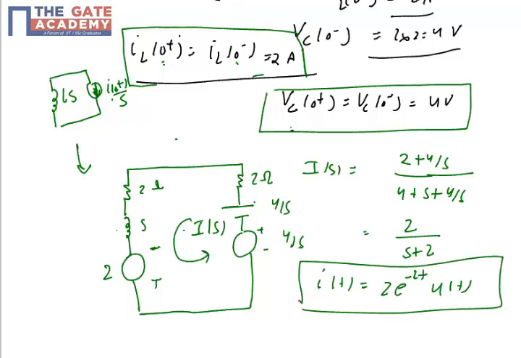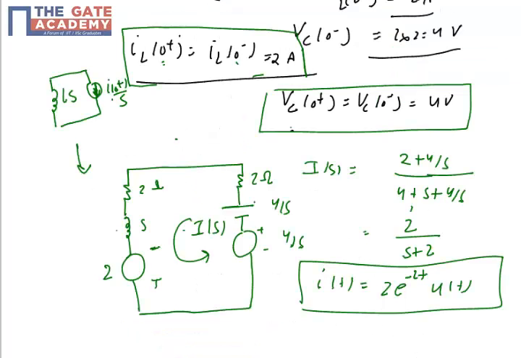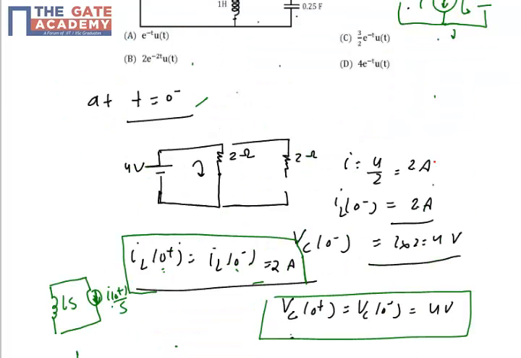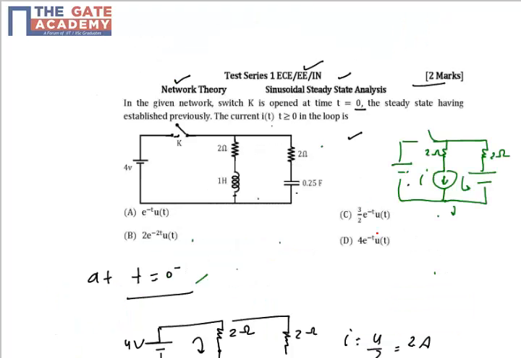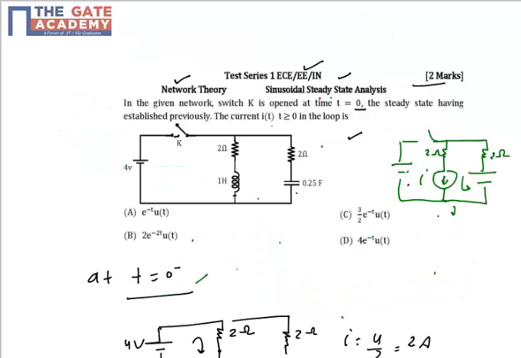A little bit of calculation is involved here, but it is very trivial because we have the Laplace forms. Actually this problem is an example of the Laplace forms of inductor and capacitor. So this Laplace form of the inductor and capacitor is also very important, and it is also recently in use. So please go through the concept of the Laplace forms of the capacitor and inductor very seriously. Thank you.